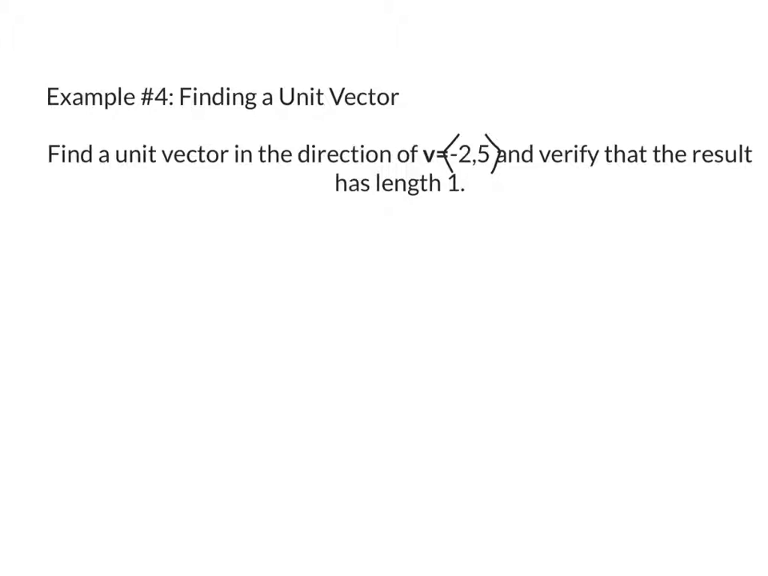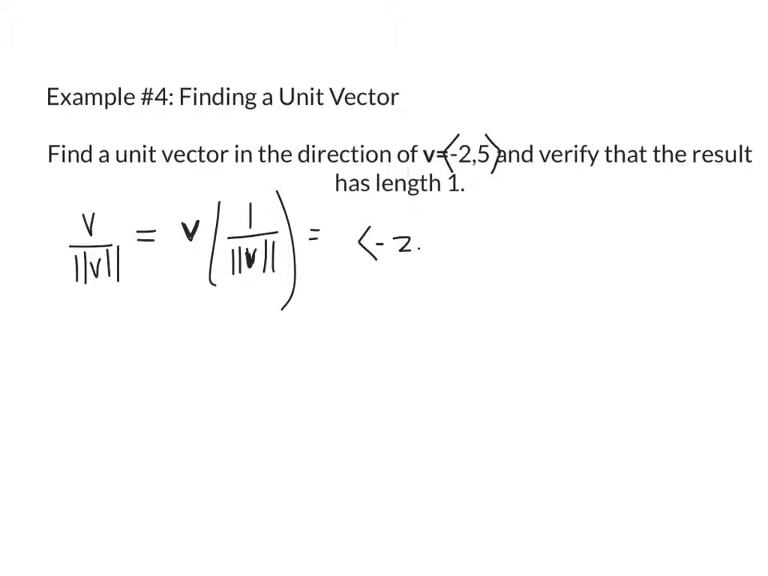So to find a unit vector in the direction of vector v, which is negative 2, 5, we're also going to verify that the result has a length of 1. The way we would do that is using our formula: v over the magnitude of v is equal to 1 over the magnitude of v times v. And these v's should be bolded, it's really hard to do that every time. So v is equal to the component vector negative 2, 5